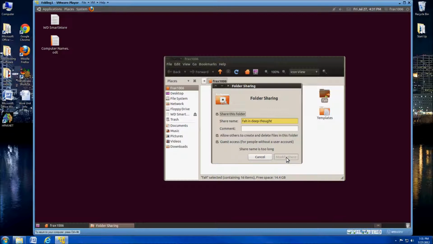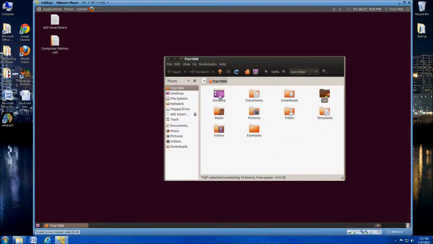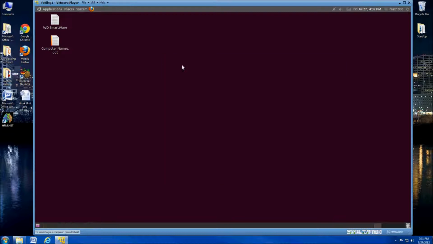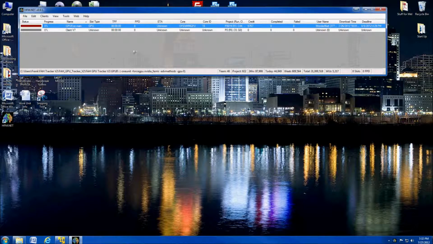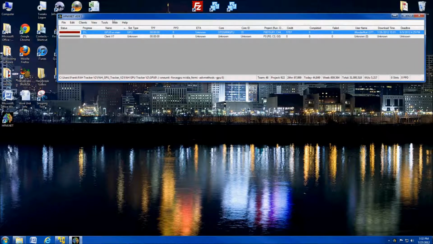And then once you've done that, go ahead and click on the Modify Share button down here. As you can see, I've already shared it, so I don't have to worry about doing that. Okay. And then once we have done that, you can close out of that. I'm going to shrink my virtual machine there, and then I'm going to pull HFM back up. And then to add the client, basically when we shared that, what has happened, let me just show you guys real quick,